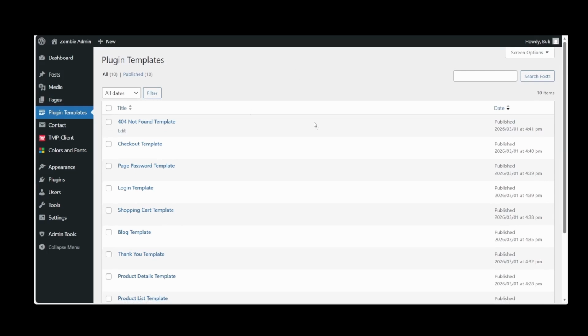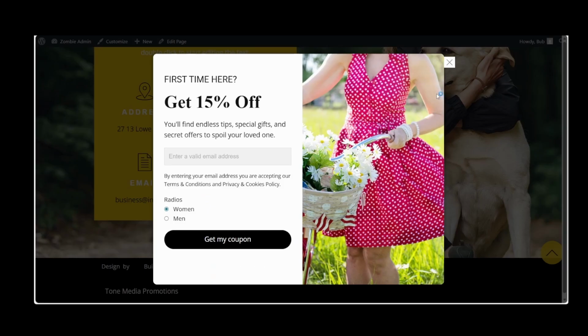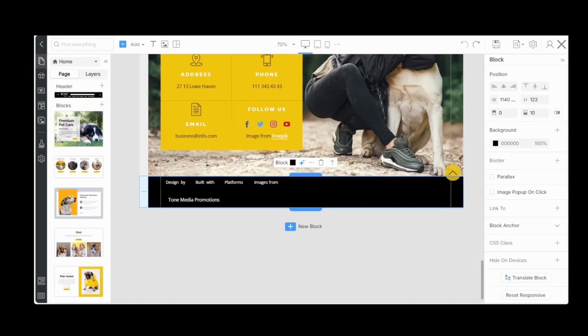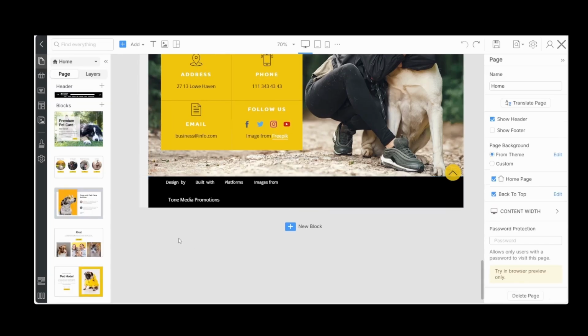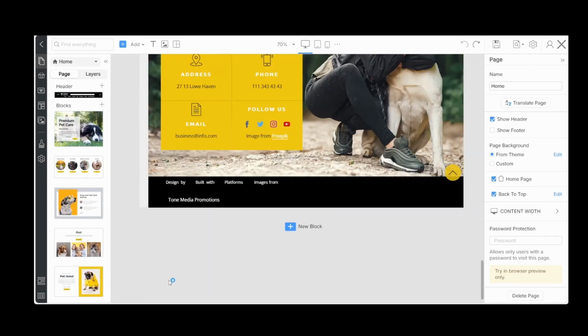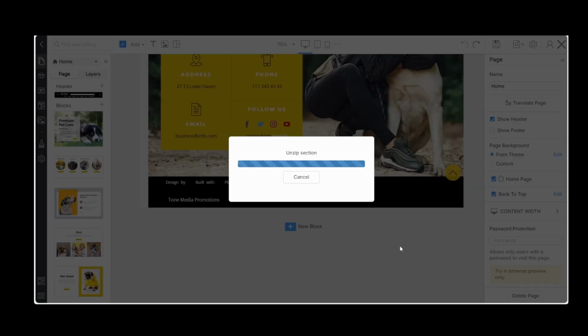So let's go back to Pages, scroll to the bottom, let's go to the footer, and now let's import a block. And this block is a footer that I just created, and it's so easy just to create your own footer as well. And I do that on a lot of my pages, actually. Very simple.